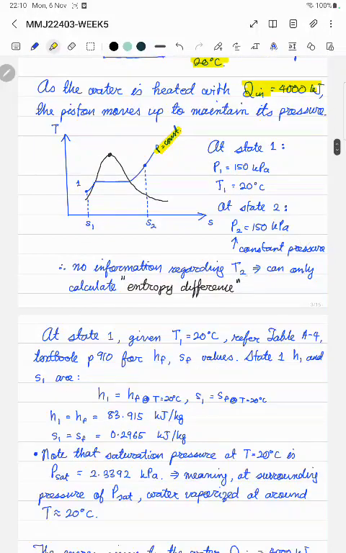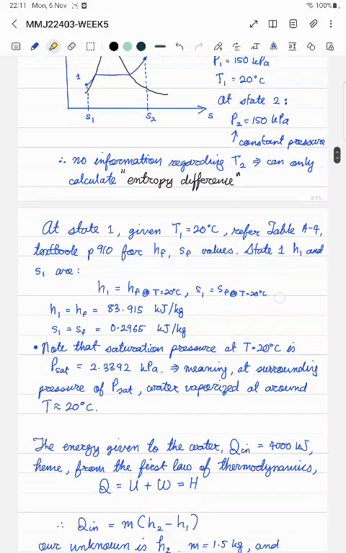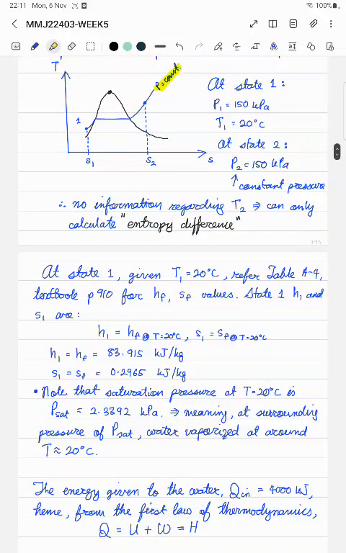Okay, no information is given regarding T2, but we can derive T2 by calculating the entropy difference, which is what we are going to do. Now at state 1, the temperature is given as 20 degrees, and our reference will be from table A4. The textbook reference is on page 910. So we have enthalpy for the fluid, which is liquid in this case, and also we have the entropy value for the fluid in this